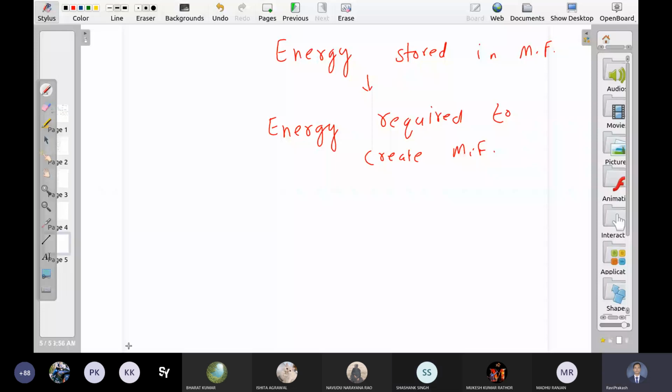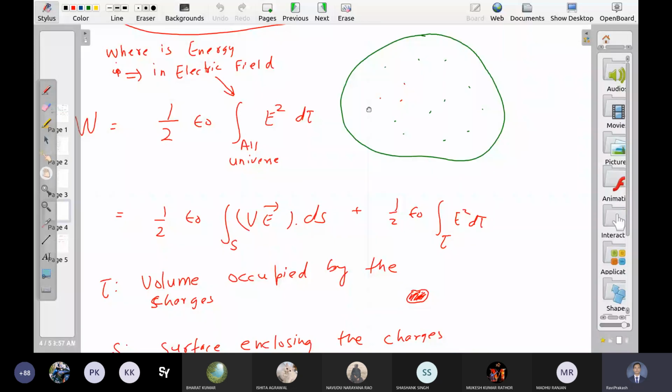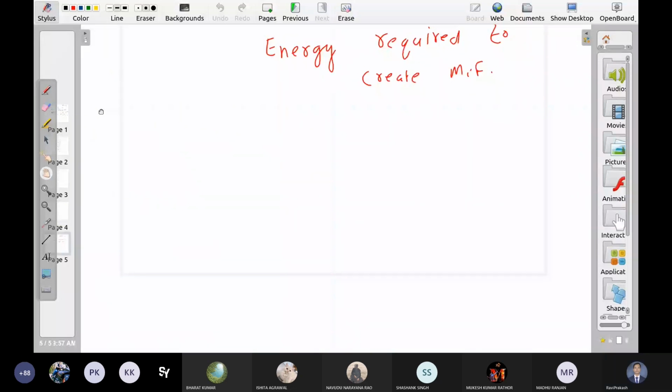Mainly yes, sir. Like in this case, we see that we have to do some work to create electric field. क्यों करना पड़ता है वो work? Because these electrons or these positive charges are repelling each other. Against this force, we will have to do some work. इन सभी पॉजिटिव चार्जेस को पास लाने के लिए हमको वर्क करना पड़ा. What is the problem here? So how do we create magnetic field? Idea is quite simple. This is a loop. Just connect a battery to it, or pass some current into this, right?